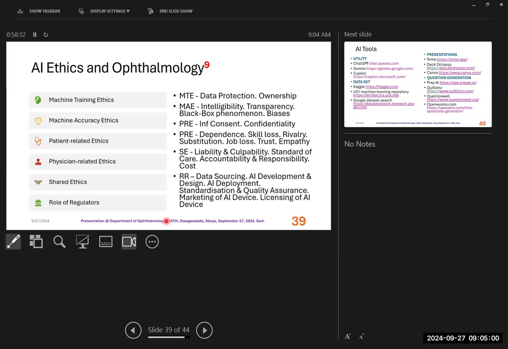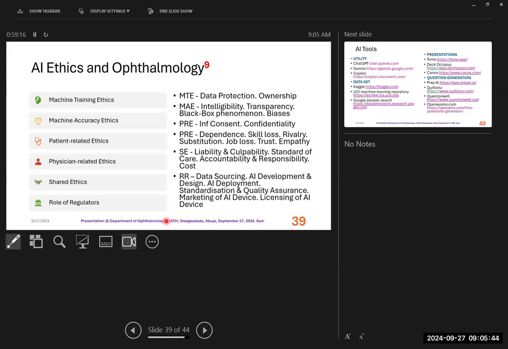Then when you use a particular machine, you are liable in the sense that any information generated from that machine, you believe it hook, line, and sinker. And then you now tell the patient, no, from this OCT printout or from this CVF printout, you don't have glaucoma, you can go. And then maybe 3 years later or 5 years later, the patient comes with significant visual loss, because you have assured that patient is not. So you are liable. Those are issues bordering on ethics.